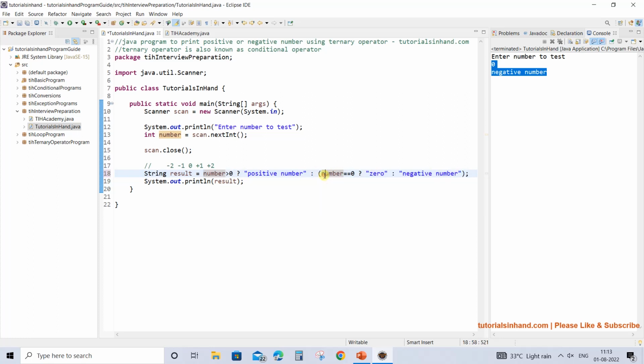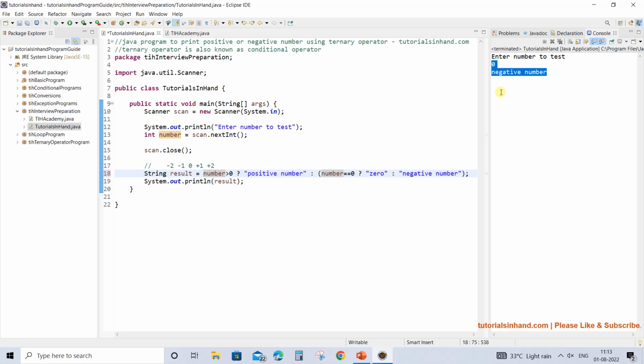Then 0 equals 0 will get compared, and it will turn out to be true, and if anything turns out to be true, the statement after the question mark is going to get executed, and thus we will get the perfect result that it is a 0 number.